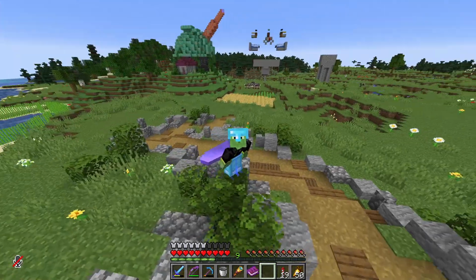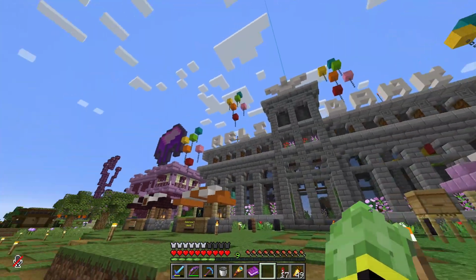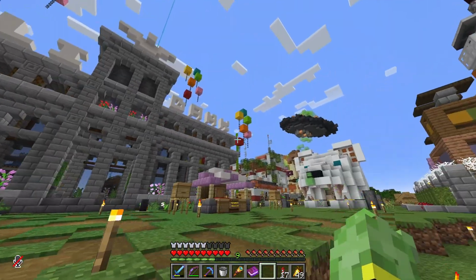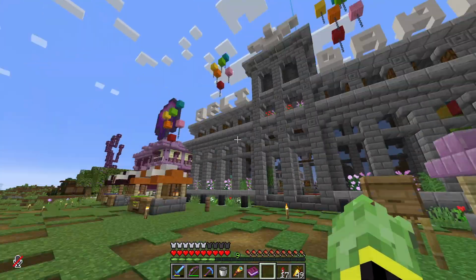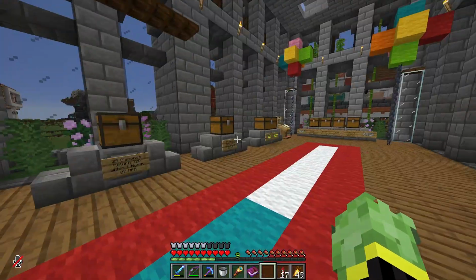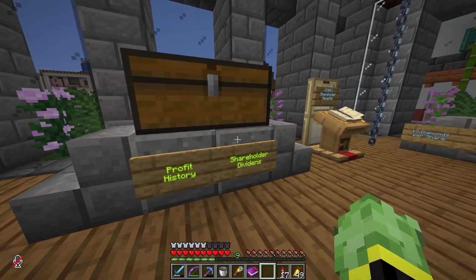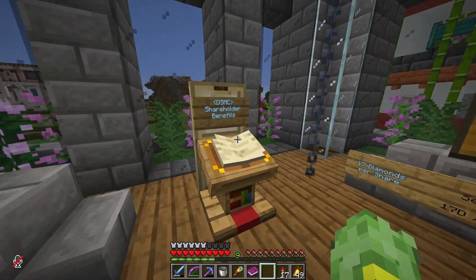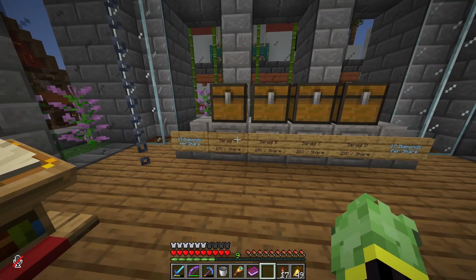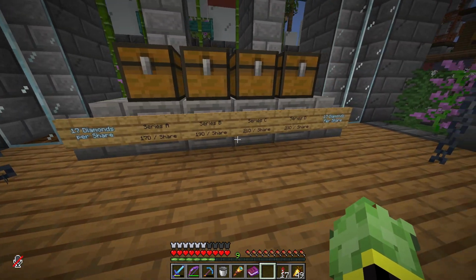I actually did mine up some diamonds, so I do need to pay back my loan as well. And we have arrived at the bank and it looks like there are some balloons outside. Wonder if this is celebrating the shares and things for the DSMC here. Profit history, shareholder dividends, shareholder benefits. Oh, $17 per share, Series A, B, C, D,